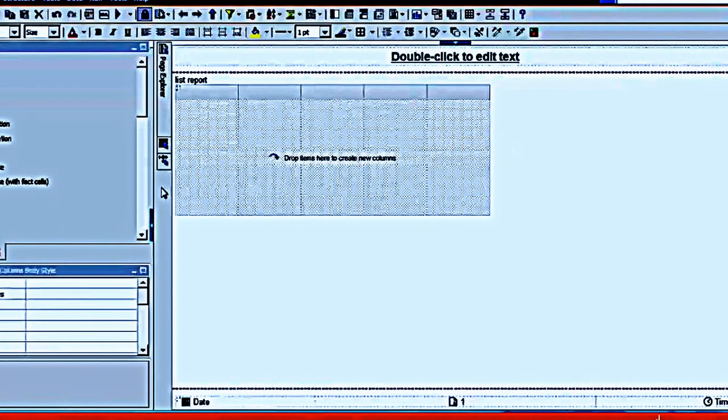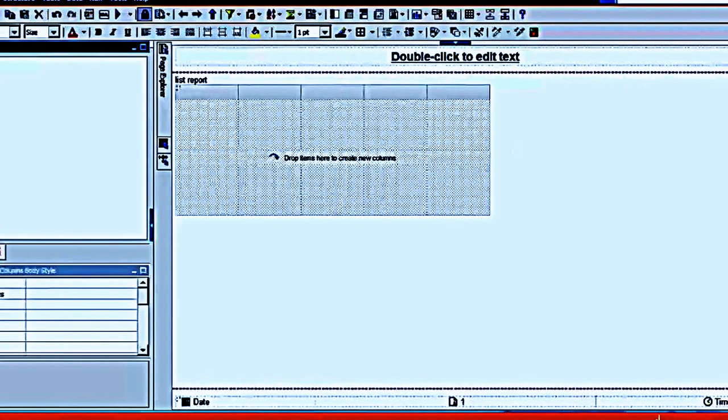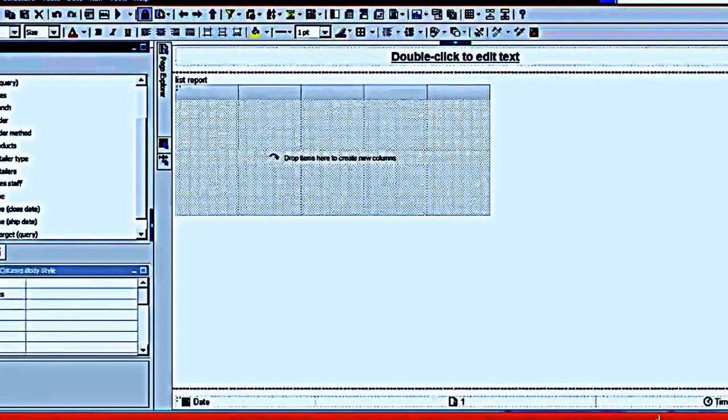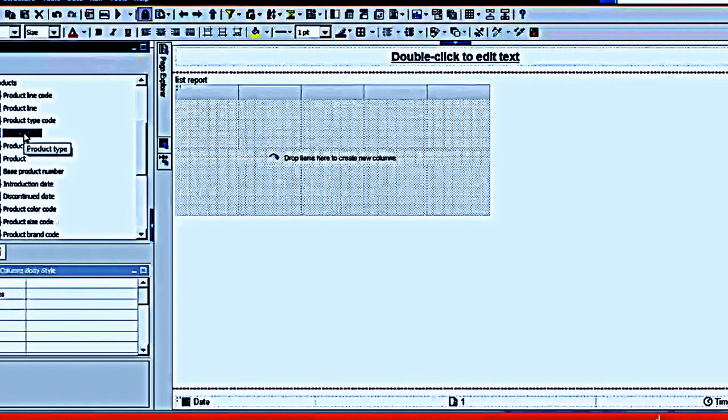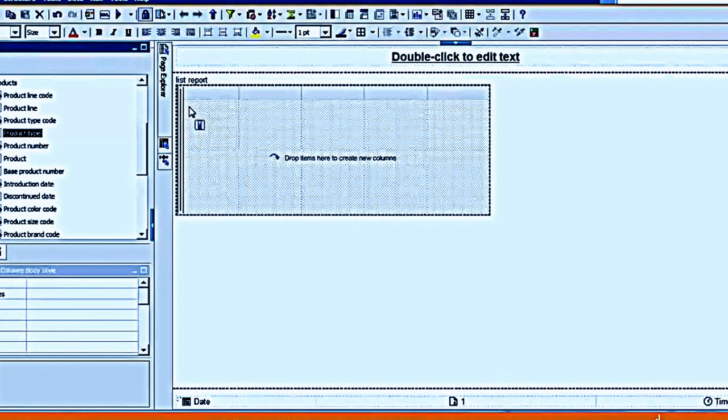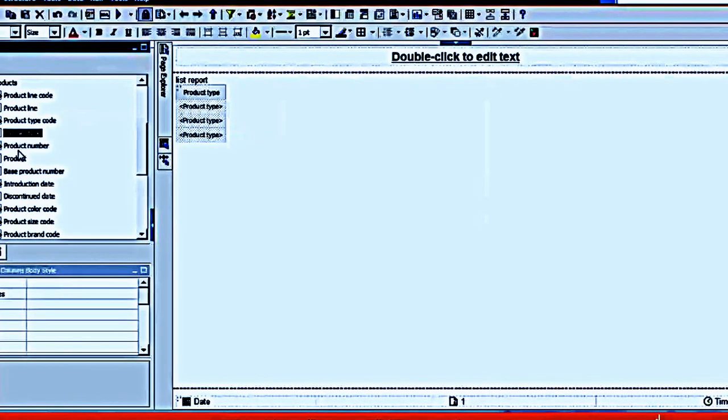One thing you have to remember: this list report got pointed to Query 1. So we are going to drag and drop the columns from this page. You simply hold this and take the items here. Whenever you take the columns to this list report, you have to remember one thing. Here there are two vertical lines, and in between there is another blinking line. Unless you get that, when you hold, you should not drop here.